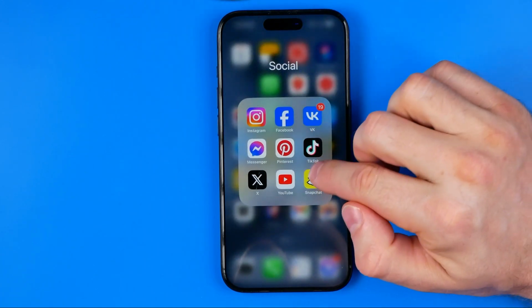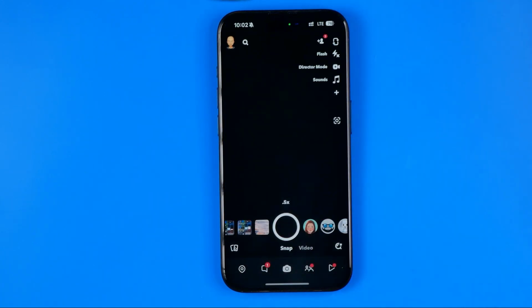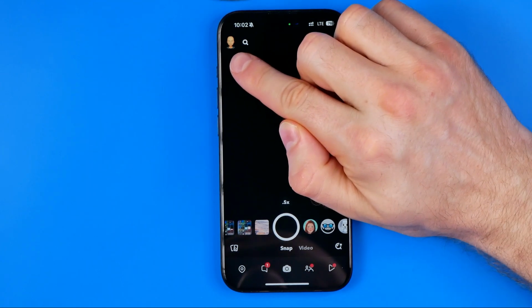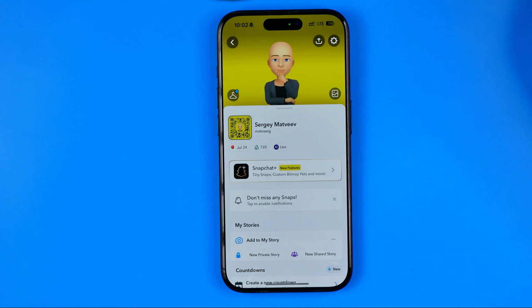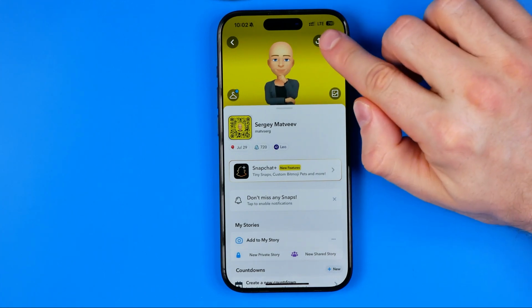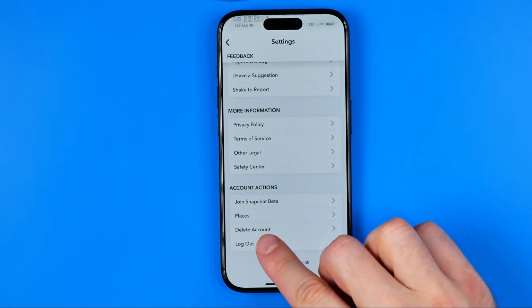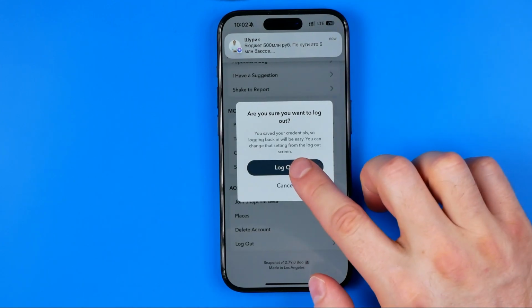Let's get started, guys, and first off, open up Snapchat app. As you can see, I've currently already signed into my main Snapchat profile, and now, first of all, we need to log out of it. To do that, we need to tap at that gear, then scroll down, hit at logout, and then log out